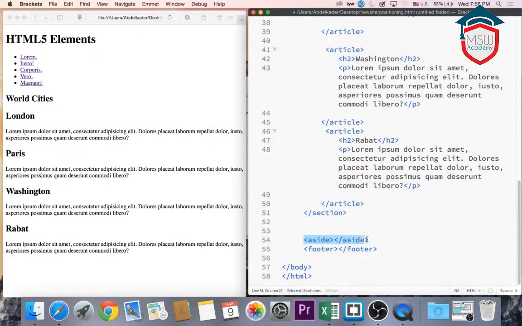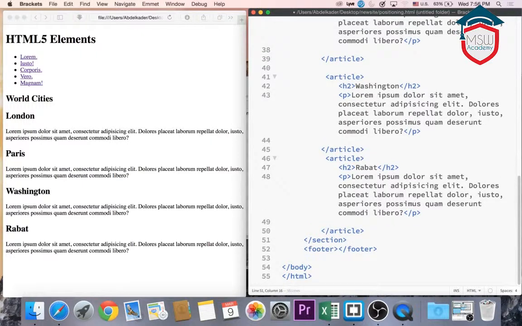Let's not talk about aside now. We're going to talk about it later on because it has a lot of complications with floating and all that. We're just going to do the footer. Like if you want to do the add thing, you can